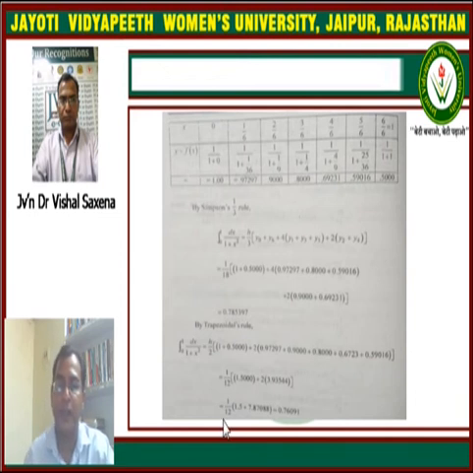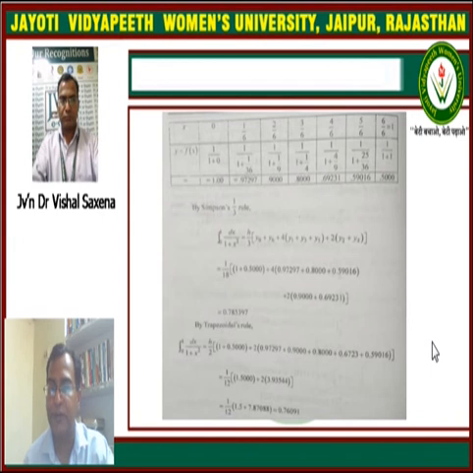The values are given here: the first value is y0, which is 1, the second value is y1, which is 0.97297, the next value is 0.9, it is y2, and so on. So these are the values we have taken, and we just have to put them in this trapezoidal formula, and after calculation we will get the answer 0.76091.